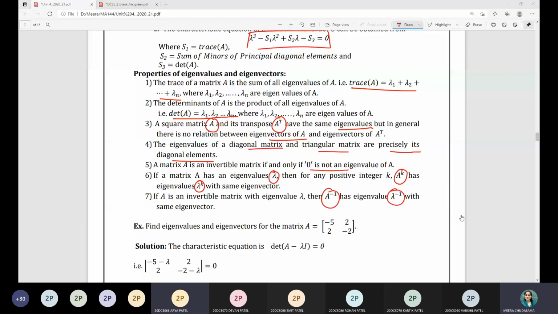Ma'am, I have a doubt. Tell me, where is the doubt? Yes ma'am, the 6th point is applicable only for a 2x2 matrix, the 6th and 7th? No. Any general n cross n matrix. All these properties are in general true for any square matrix. It is proved for any square matrix. I just showed you a specimen of 2x2 because we had evaluated the eigenvalues of that matrix. That's why I just gave you that. But this is true for any n cross n matrix.